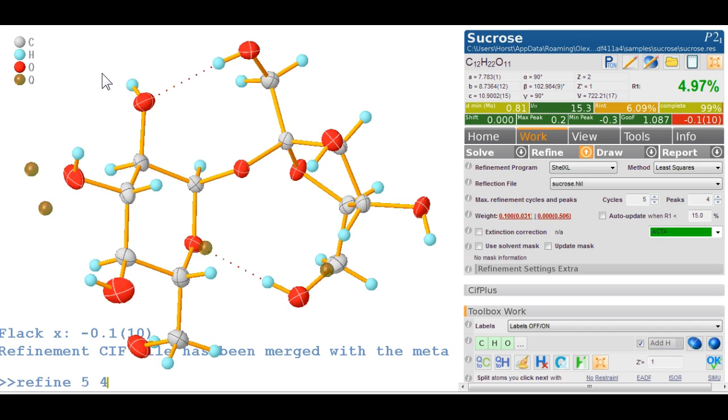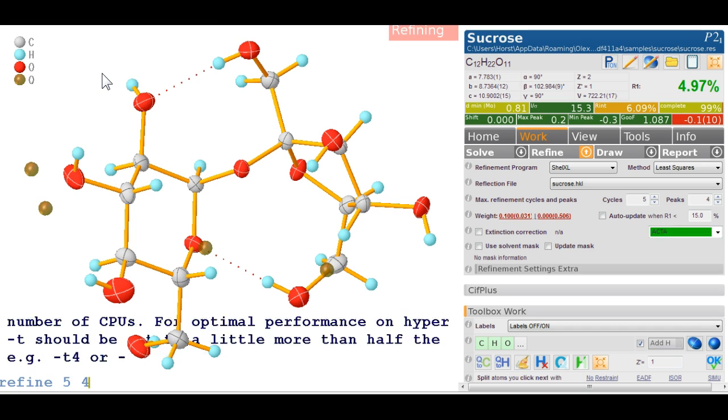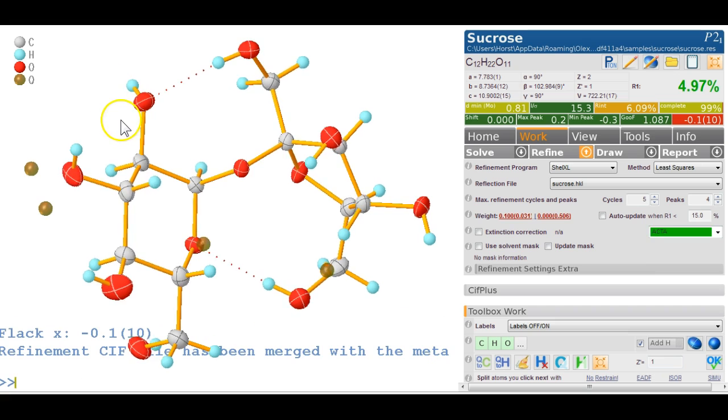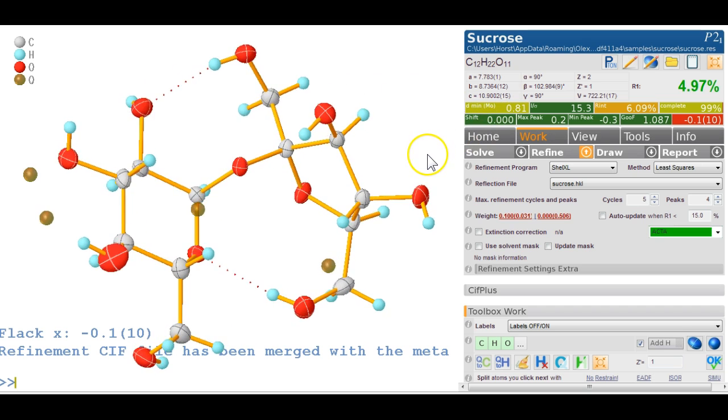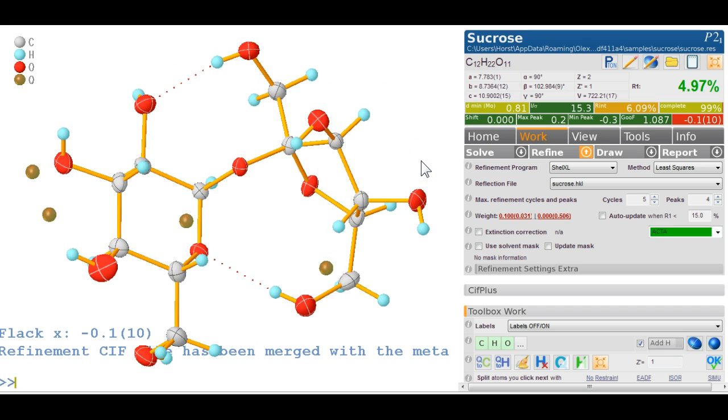I can use the up key and it will repeat the same command as before. So the biggest peak is now 0.2. That's really absolutely nothing. At this point we are convinced that there aren't any missed hydrogens or anything wrong with the non-hydrogen atoms, so we can press Ctrl Q, which I'm going to do on the keyboard, and that